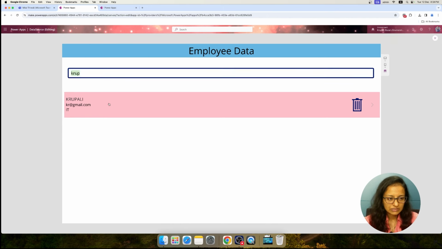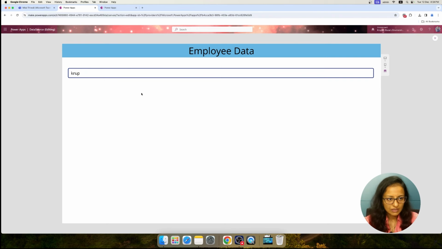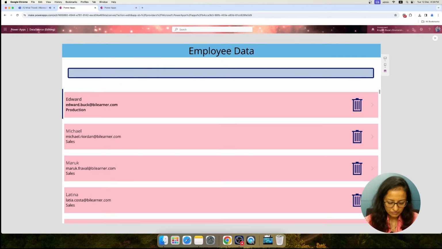Let's search this second item also, I am removing it, and let's say I am searching for it again,